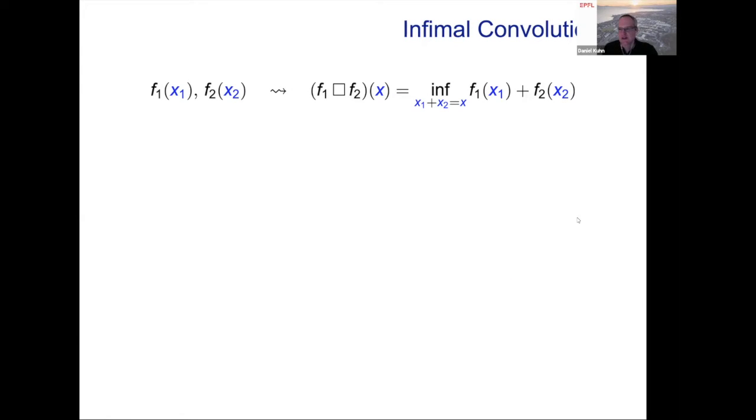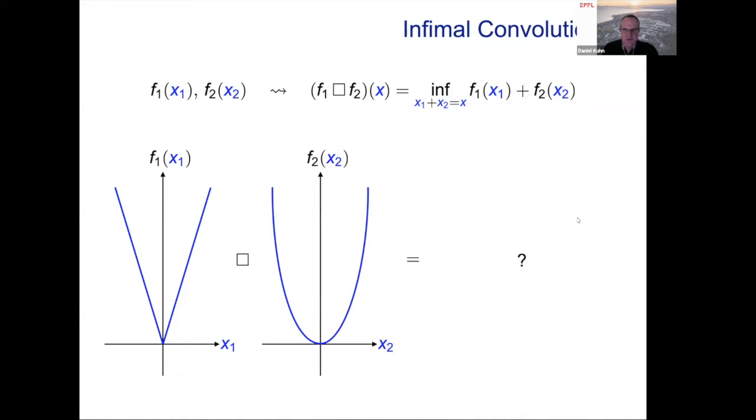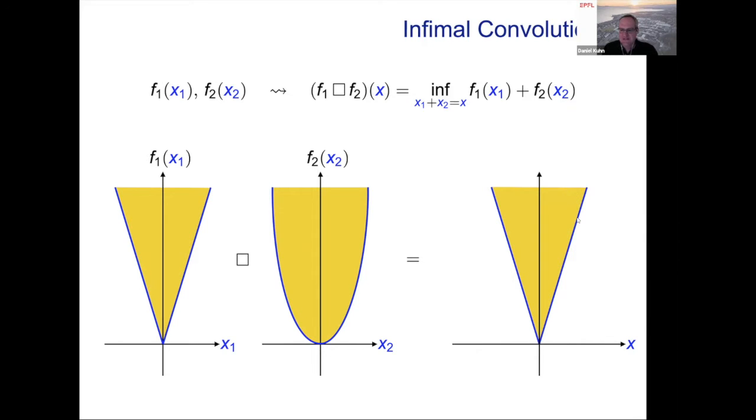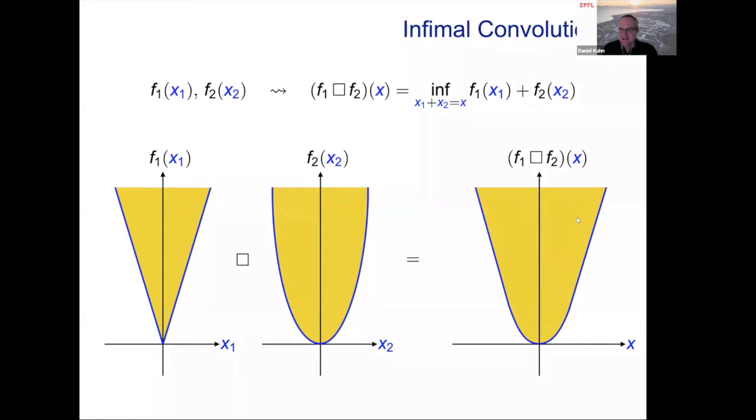And clearly this is convex. So next we define the infinite convolution of two convex functions f1 and f2 through the minimization problem shown here. If you stare at this definition long enough, you will probably convince yourself that the infinite convolution of f1 and f2 is a function whose epigraph coincides with the Minkowski sum of the epigraphs of f1 and f2. For example, if f1 is the absolute value function and f2 is the standard quadratic function as shown here, then their infinite convolution is given by the Huber loss function, which is widely used in statistics. And again, clearly the infinite convolution of these two functions then inherits convexity from f1 and f2.